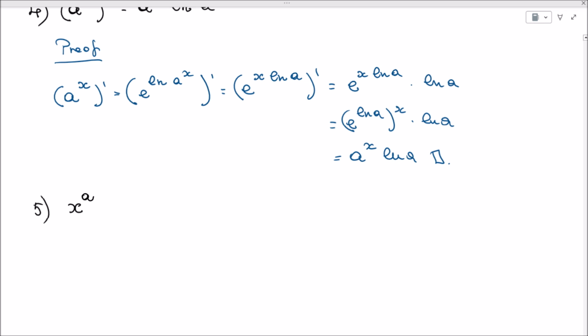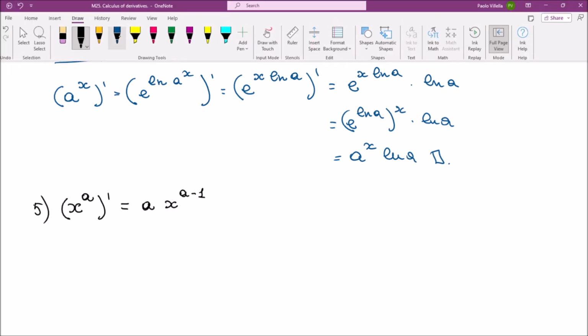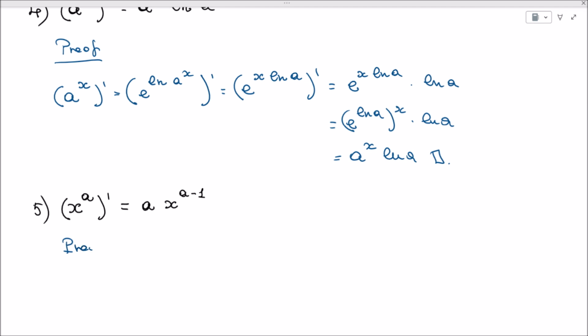X to the a. We need to find the derivative of x to the a, and this is basically a power. However, the variable now is in the base, not in the exponent. This turns out to be a times x to the a minus 1. Let's prove this. All the proofs of this type always use the same tool, which is